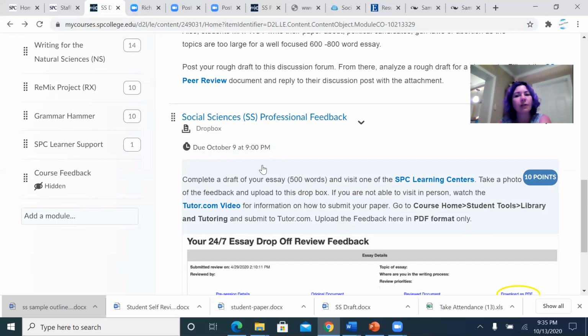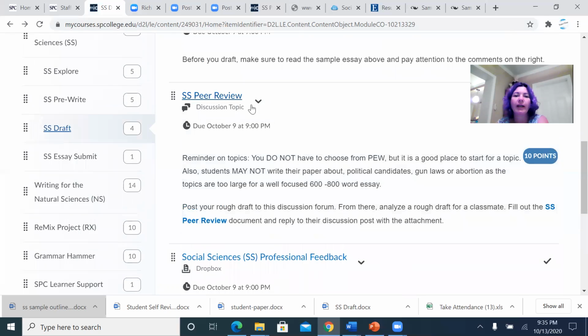That means that we need to plan a little bit more in advance to make sure that we get time to get our feedback. I am still willing to accept this assignment without any repercussions because it's very important that you get the feedback. I will also be looking at what has been submitted in the peer review area and making some suggestions for students to improve. However, please remember I'm not your editor, so I will make generalized references back to the rubric and the expectations. But I'm not necessarily going to edit your paper.